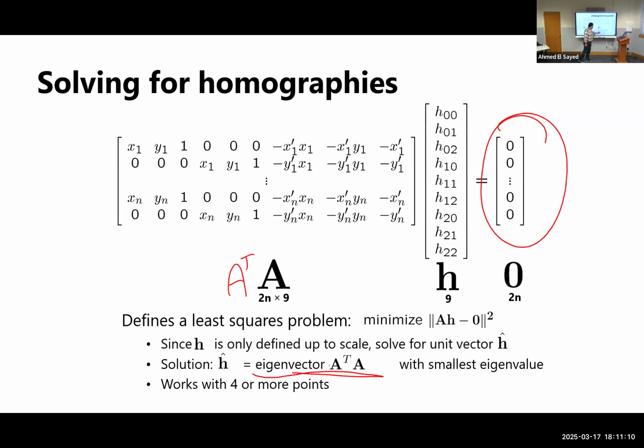The vector with the smallest eigenvalue will be the solution for my equation. So I'll calculate A transpose A and find the eigenvalues. For that, choose the eigenvalue with the smallest value. The corresponding eigenvector for it will be the one that achieves the best solution. Okay? So now, to find